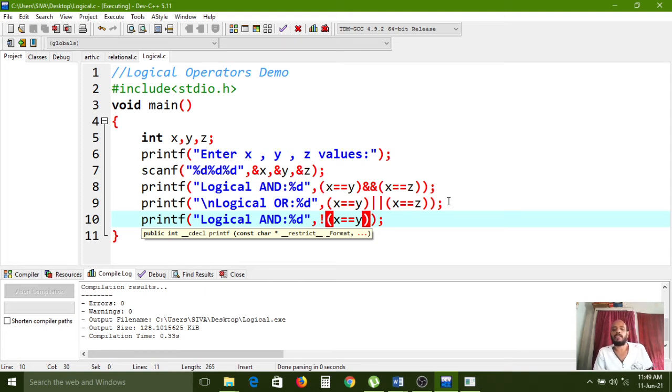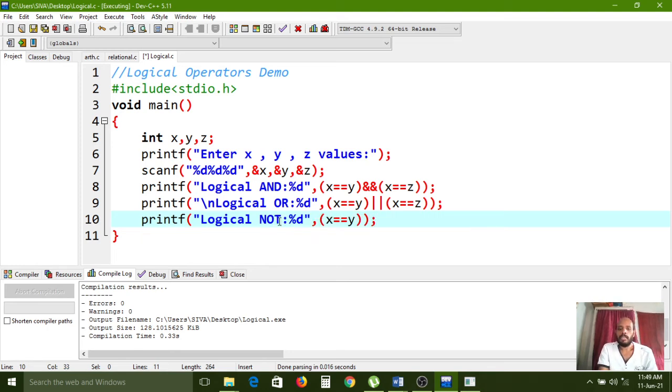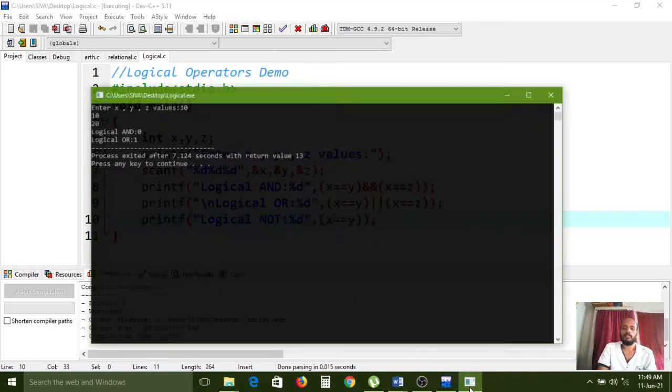By default, carefully observe, here I am not placing anything, just simply one condition. Carefully observe what it gets.